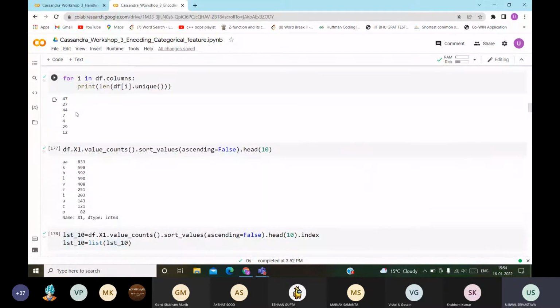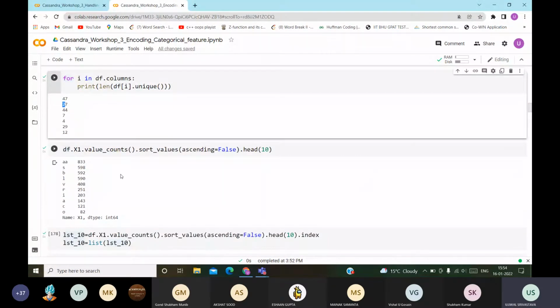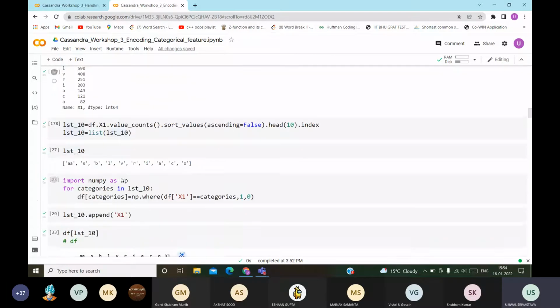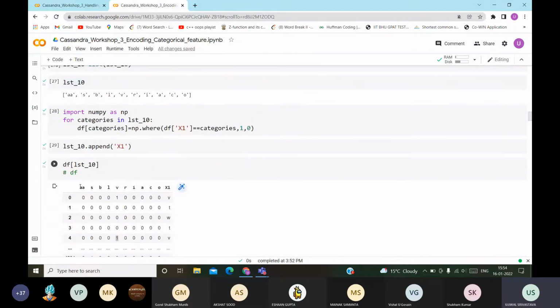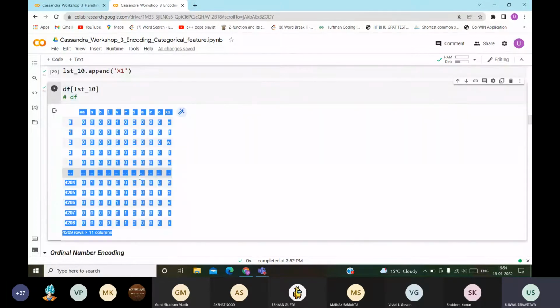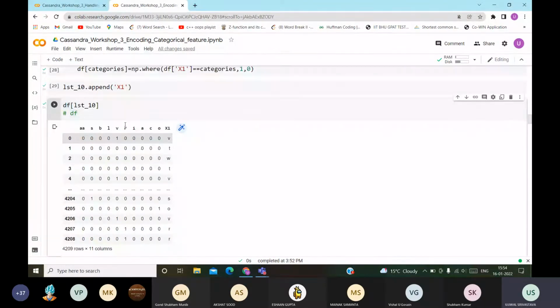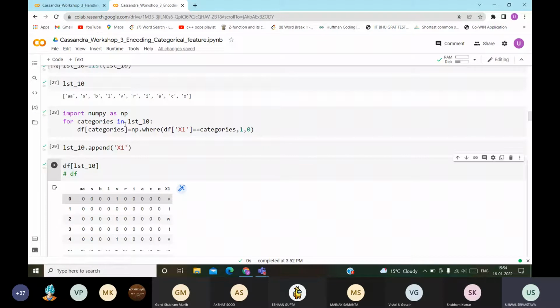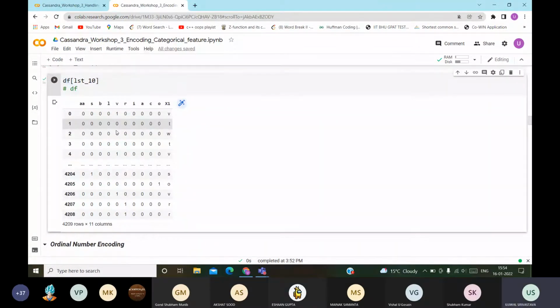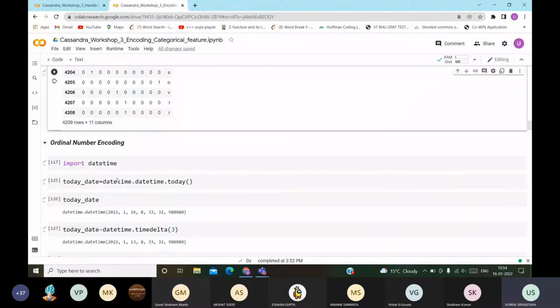If you had taken all the 27 values, 27 new columns would have been created. That would be a lot of work for the machines. So you can take the top 10 most frequent values and just use them. So this is all about one hot encoding, and it is very important for categorical features.